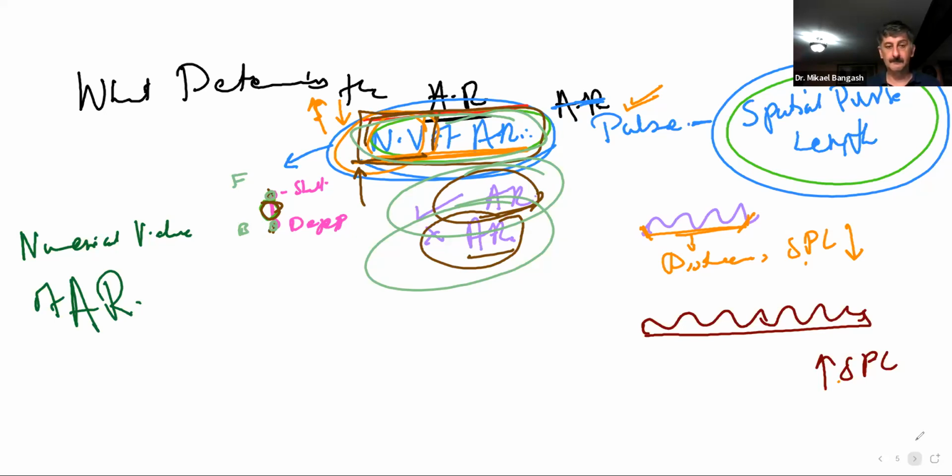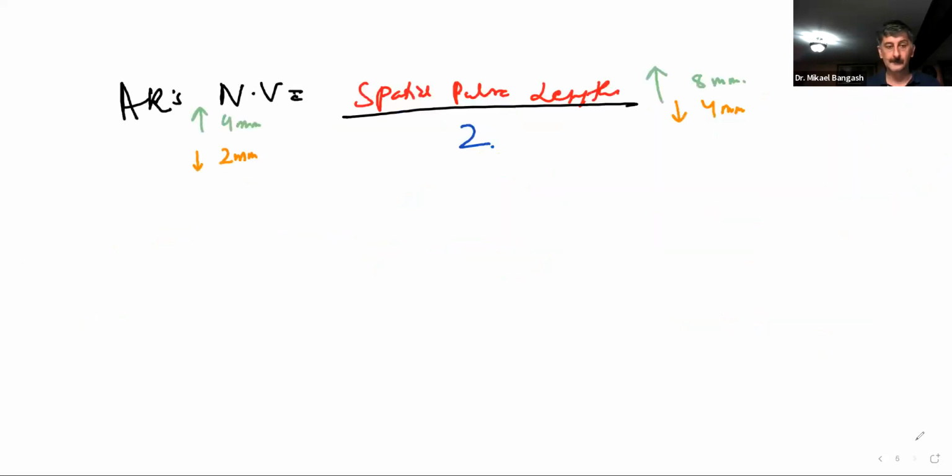Did that make sense? Let's take the example here and say this is a shallow structure, and we have a deep structure here. Clear? Let's say the distance between these two structures here, for instance,